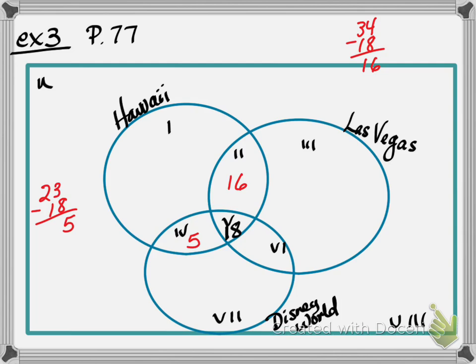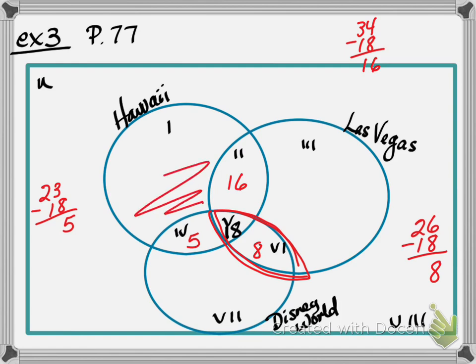And then we have another overlap area between Disney World and Las Vegas. 18 people are already in that overlap. Who else wants Disney World and Las Vegas? 26 want to go to Disney World and Las Vegas. That's 26 total. We already have 18. So that means 8 are right there. Okay. And then this, region 1, is,